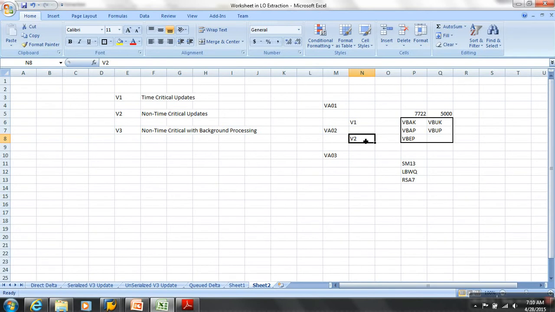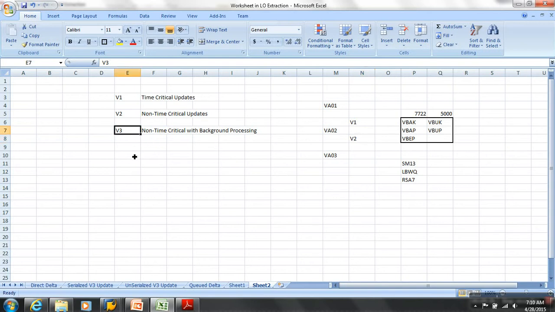When the program is triggered, first it does the V1, then at leisure time it does the V2 update. So even though V2 is not performed, it says the document has been saved. Your cursor is not kept waiting until V2 is running. Only after finishing V1 it says the document has been saved. Immediately it takes care of running V2, and you are not kept waiting. Did you understand this? V1 and V2?